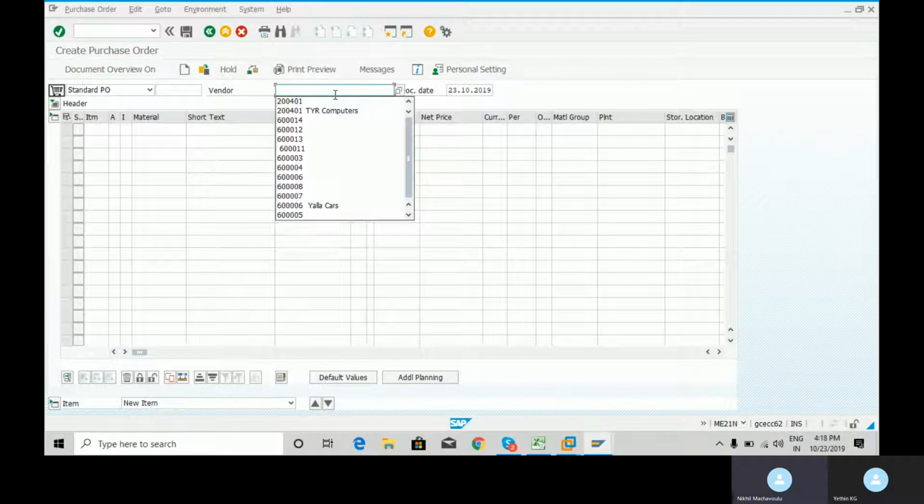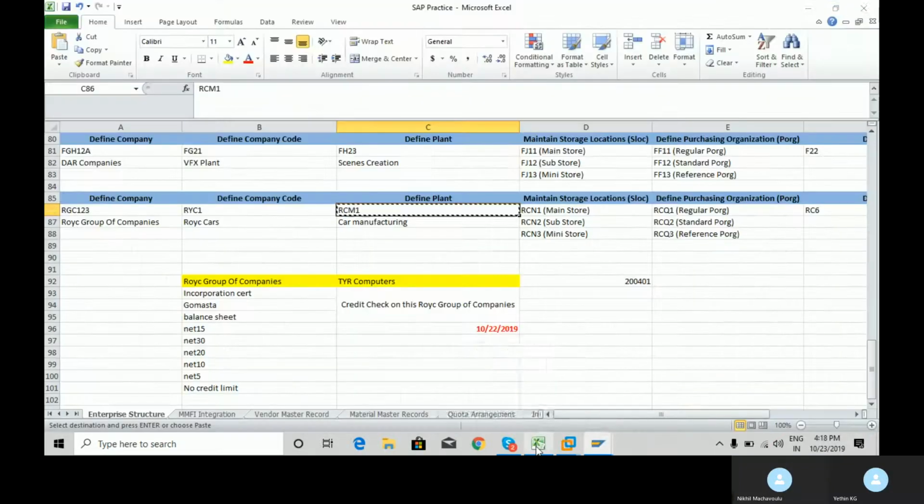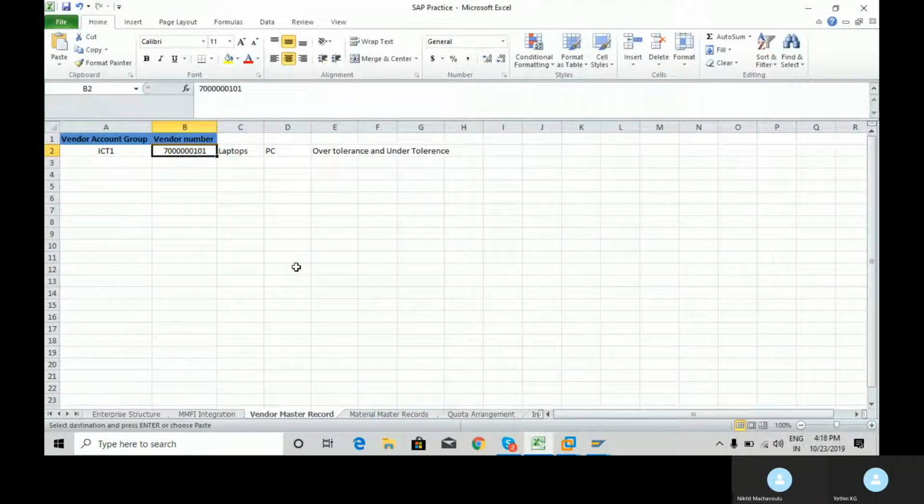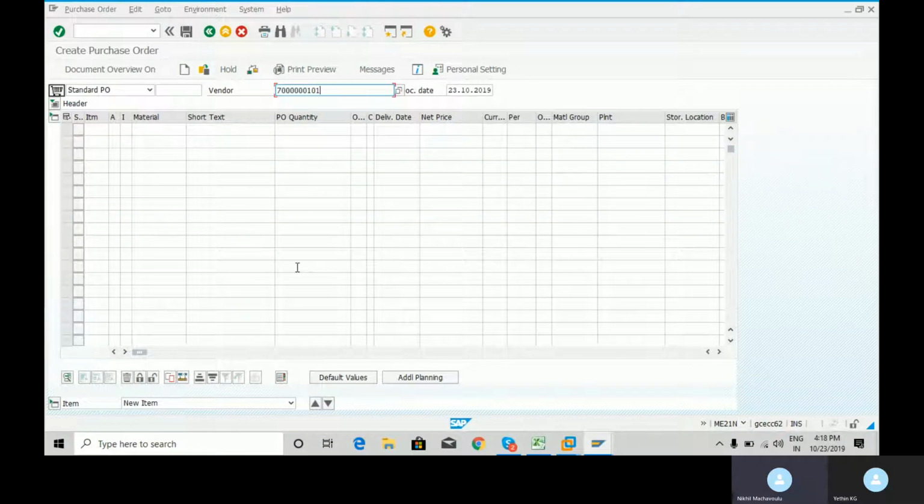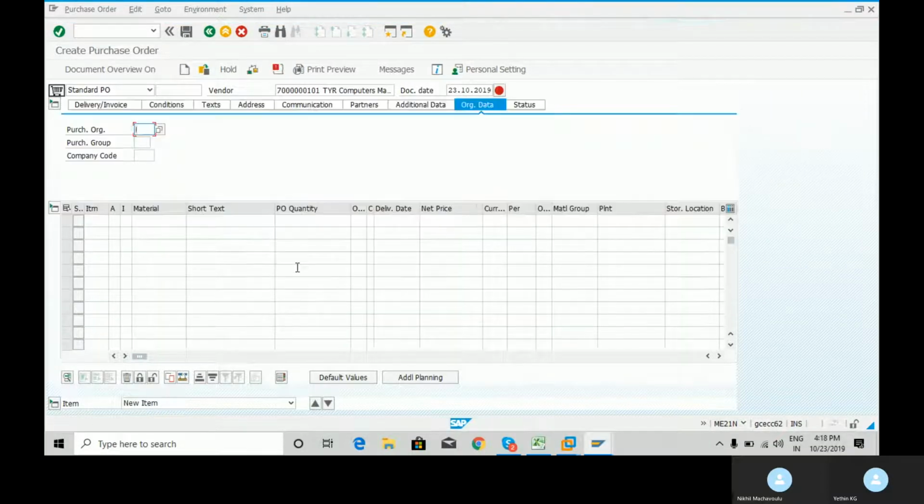Give in the vendor that we created yesterday. In the last lecture, I mean to say, sorry. Hit enter. Enter the purchasing organization for the client Roy C, for whom we made the enterprise structure, the purchasing group for that client Roy C, and the company code for the client Roy C. In the item overview section over here, just